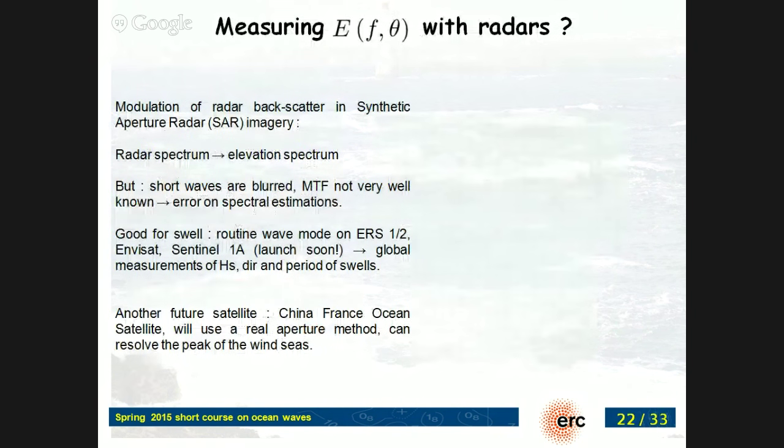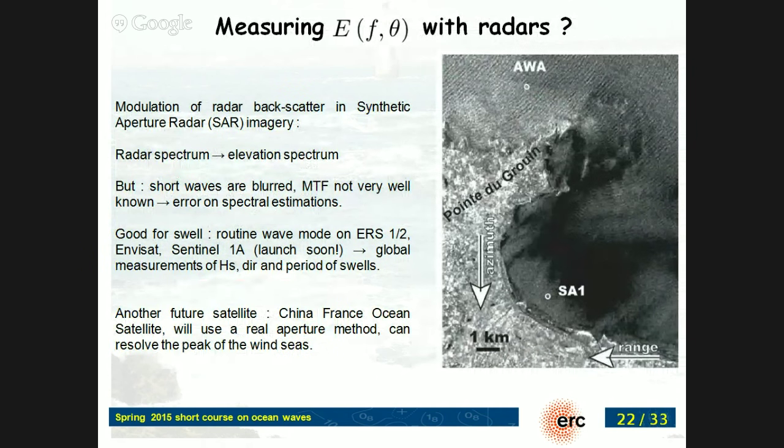All right. There are other ways to measure waves with radars. We played with that quite a bit here in Brest. I won't say many things, but this is a typical SAR image, and you can actually see some white and black lines, which are the crests of the waves. If you make an FFT of this, you get a directional spectrum from the radar. And we know theoretically how much the change in brightness in the radar return is related to the surface elevations. We have another transfer function to go from the roughness image to the elevation map. It works more or less okay, and we're getting that pretty well.